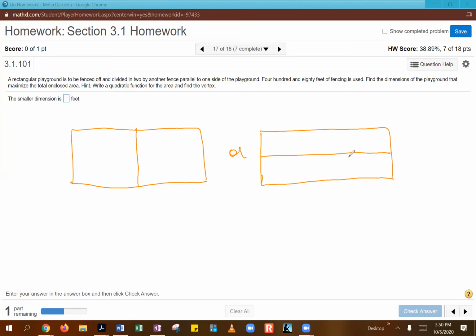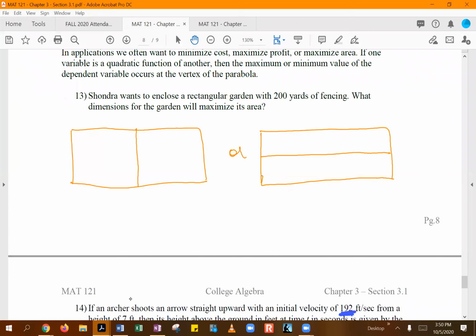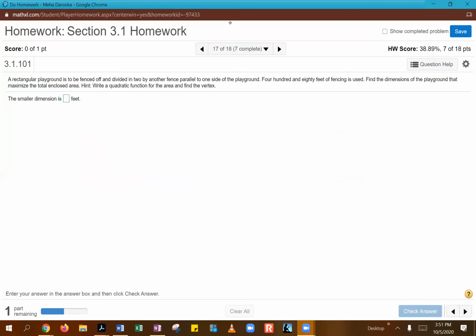It actually doesn't make a difference, because by the time you get your calculation done, you will know how it was being separated or divided. So I would like you to try this, and it is very similar to the first word problem over here with Miss Chandra. The only difference is we were not dividing her garden into two equal parts. But if you follow this example and modify it for this one, I think you should be able to do that. So I want you to try this on your own, and we're going to be doing